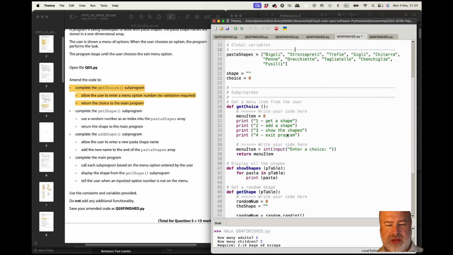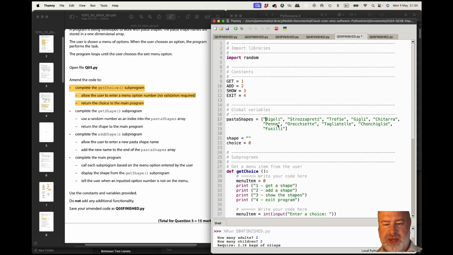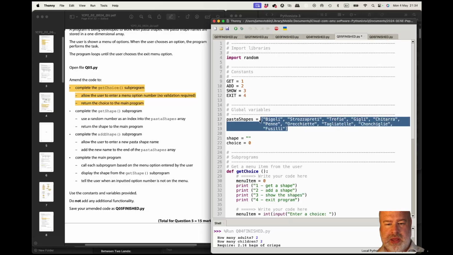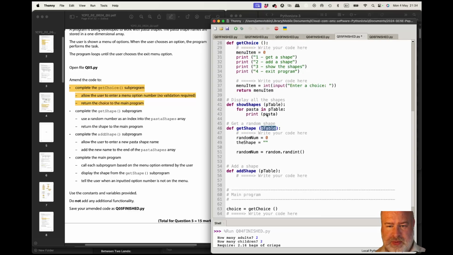And let's just think get shape. Let's have a look. So pasta table. I mean, it's got to be this, isn't it? Obviously, this is just the name of a parameter, so it doesn't have to be the same name as what we call the argument. So p table, it's 10, but we want to get the length of that p table and take 1 away from it, because we go from 0 to the length of our parameter p table,